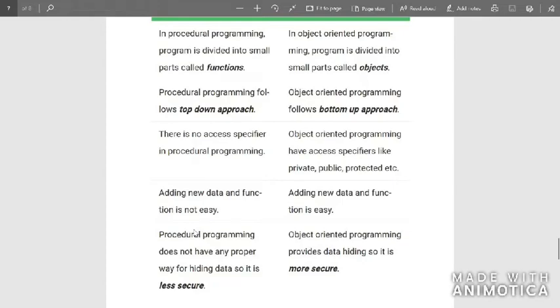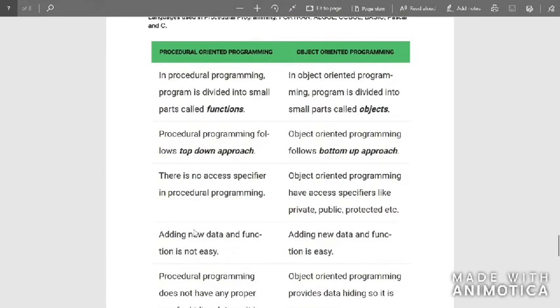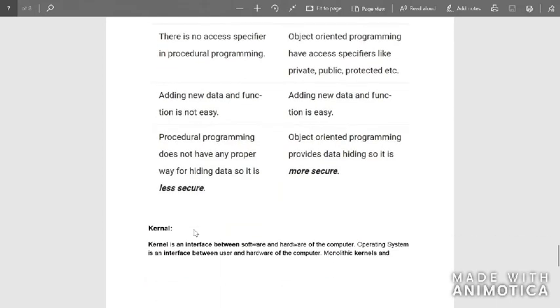So when you make a change in the class, automatically the change will be brought into the objects that were created using that particular class. And procedural programming does not have any proper way of hiding data, so it is less secure. Object-oriented programming provides data hiding, so it is more secure. So these are the main differences between procedure-oriented programming and object-oriented programming.